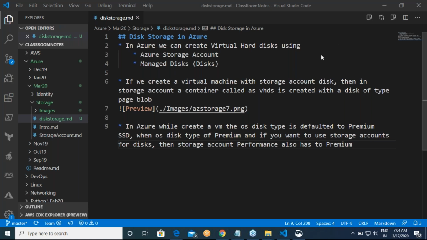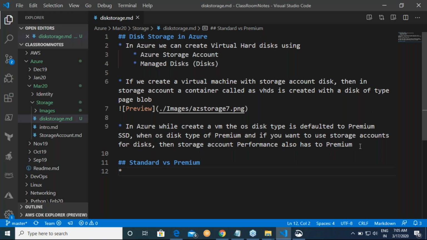Okay. So now let us try to understand the storage account. What is the difference between standard and premium? Here we have to understand one thing very clearly.